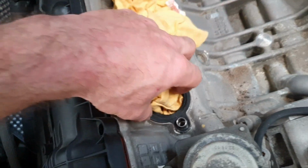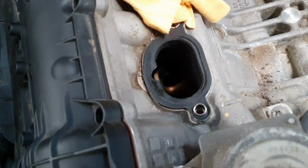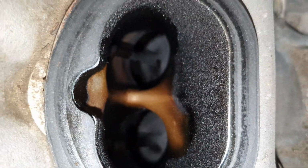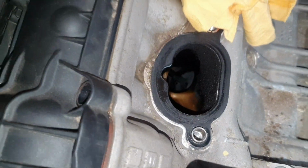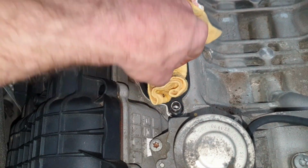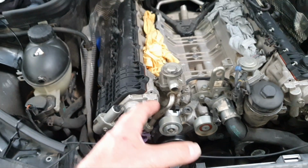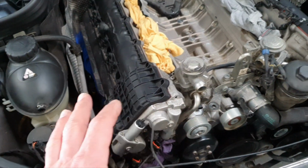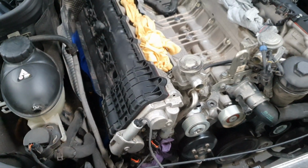All this needs to be cleaned. Need to get a vacuum cleaner. Alright. Looking good. Looking beautiful. I don't see any problem. Yeah, low mileage, 130,000 kilometers. By the way, it's not ticking, it doesn't have any sound or whatever. To me, I believe that I'm gonna open it and it's gonna be perfect. Okay? But